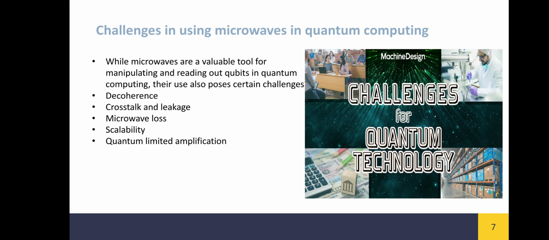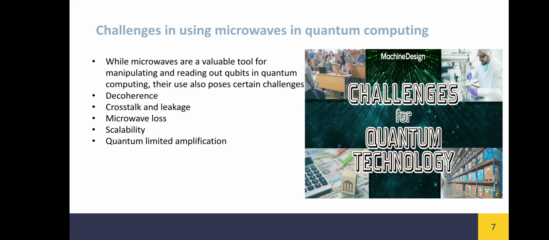So, challenges in using quantum computing. While microwaves are a valuable tool for manipulating and reading qubits in quantum computing, their use also poses certain challenges. For example, decoherence. Qubits are highly sensitive to environmental noise and decoherence, which can degrade the coherence and reliability of quantum information. Microwaves used for qubit manipulations and readout can introduce unwanted noise and interference, leading to increased decoherence and reduced qubit